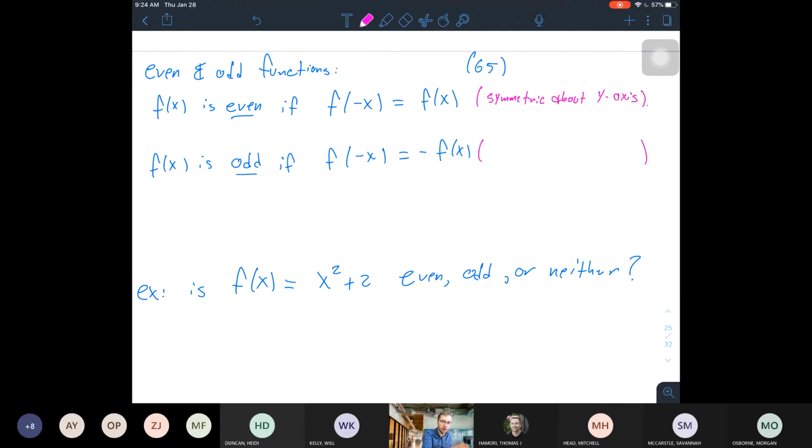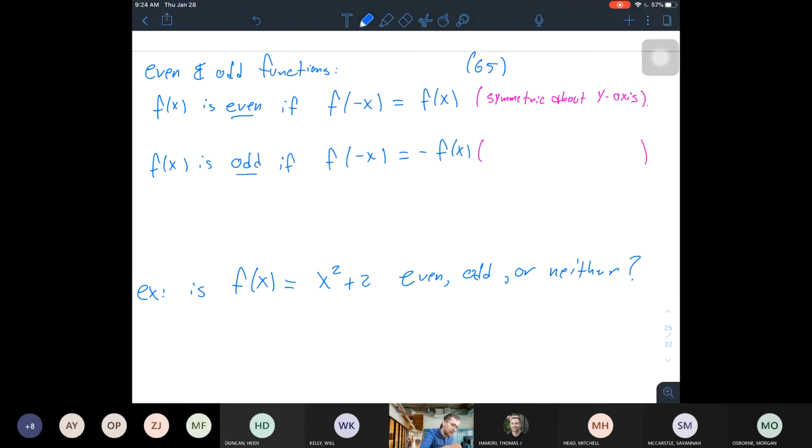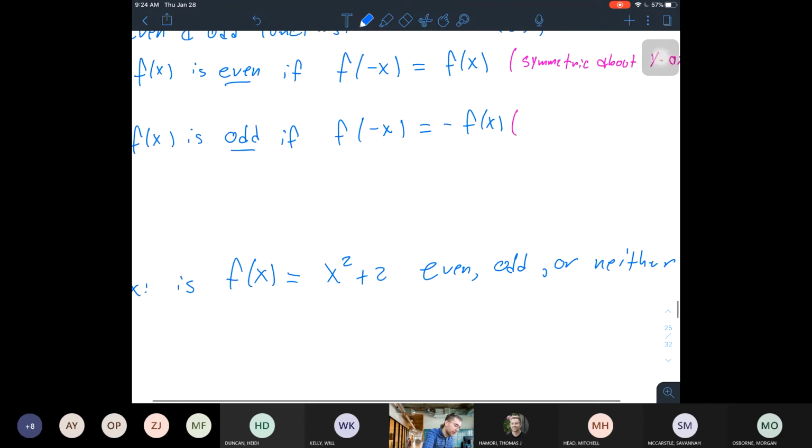Let's see if we can. We're seeing some people throw in symmetric about the x-axis. Let's try it. If we had a function which was odd, what are we saying? We're saying that if we have a value x here, and we have some point here, x comma f of x,